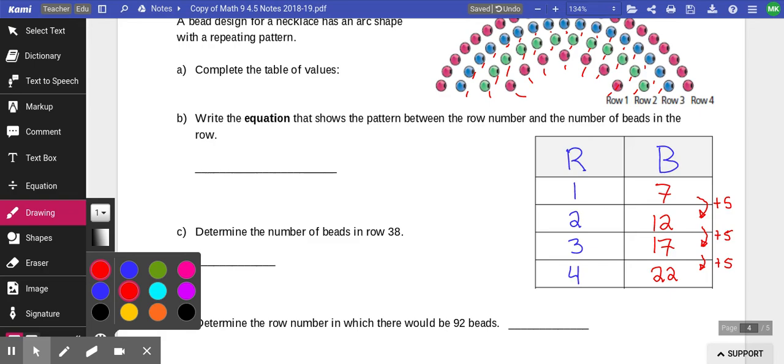The dependent variable goes by itself. So B is going to be by itself. It's the dependent variable. B equals